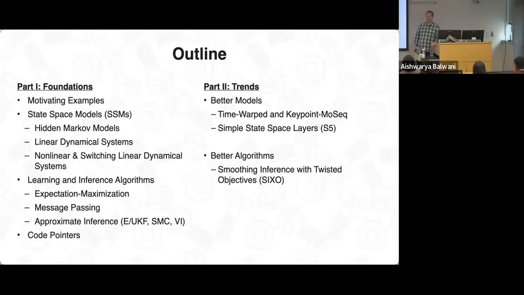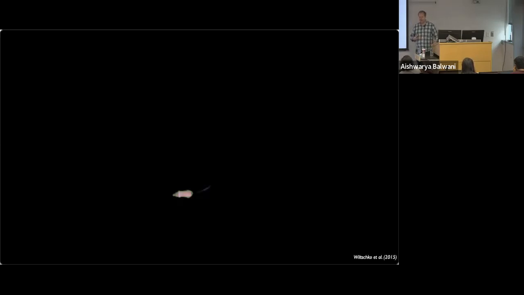Okay, cool. So without further ado, let's dive in and let's start by talking about what we call time-warped MoSeq. And just to jog your memory from yesterday, we started with this application of trying to segment the natural behavior of mice freely moving in an open field in this bucket here, as we see. This is a depth video. For those who weren't here yesterday, this is a Microsoft Kinect looking down on the mouse. When it rears up on its hind legs, it gets closer to the depth sensor, pixels get brighter.